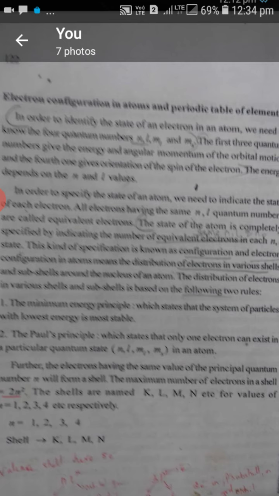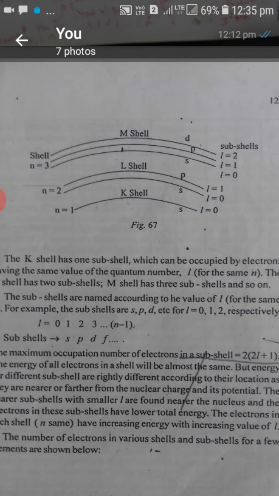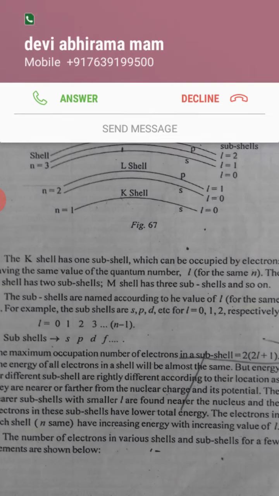Therefore, as you see in the diagram, l equal to 0 means s subshell, and l equal to 1 means p subshell. Therefore n equal to 1 has no subshell, and n equal to 2 has two subshells. Then n equal to 3 is the M shell. How many subshells does it have? n equal to 3 means l has 3 values, 0, 1, 2. Therefore it has 3 subshells: l equal to 0 means s subshell, l equal to 1 means p subshell,